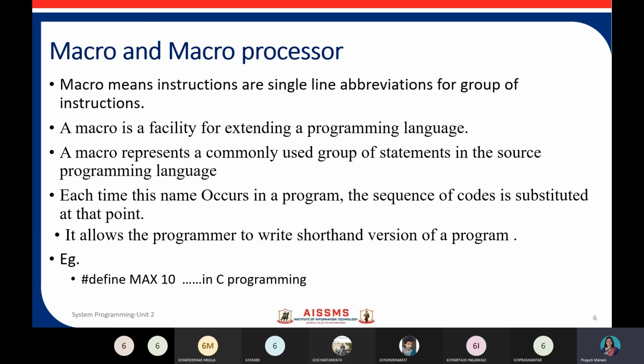Each macro has a unique name, and each time this name occurs in a program, the sequence of code is substituted at that point. So the macro name in the macro call is replaced by the sequence of code which is defined in the macro. It allows the programmer to write a shorthand version of a program.